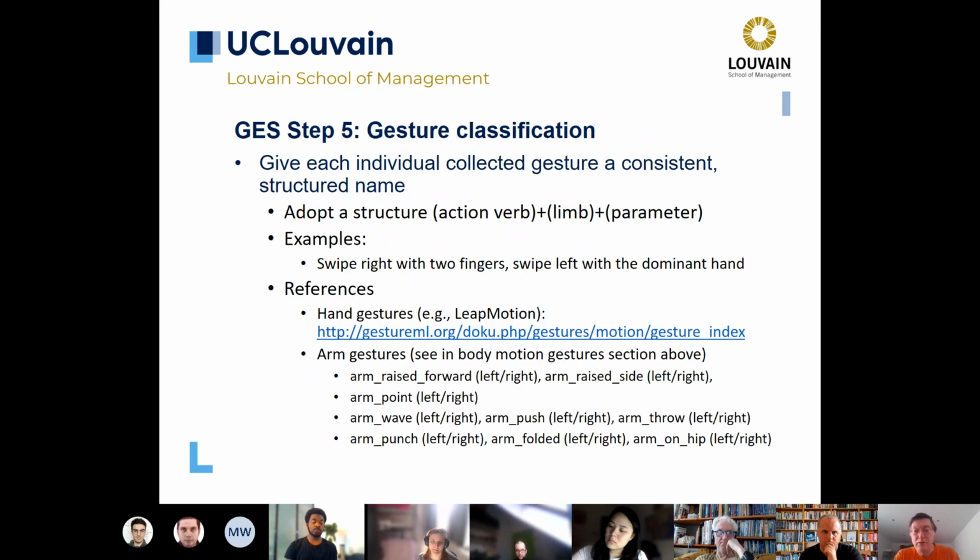After that, we repeat this for a series of people. And then after the experiment, we have to classify the gestures. For that, there are several classifications possible. One of them,